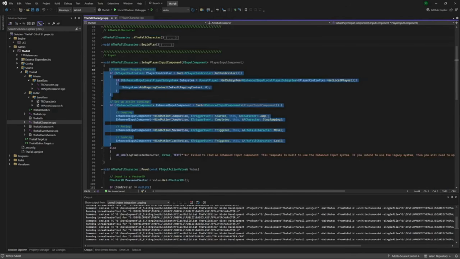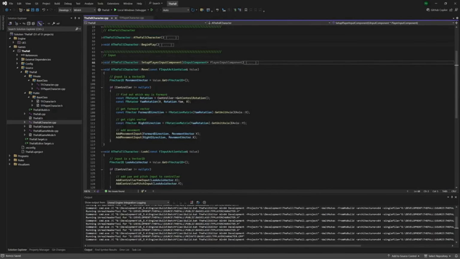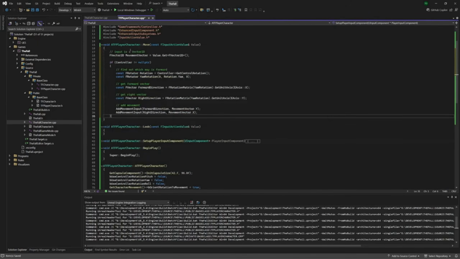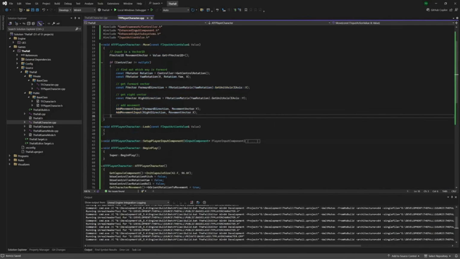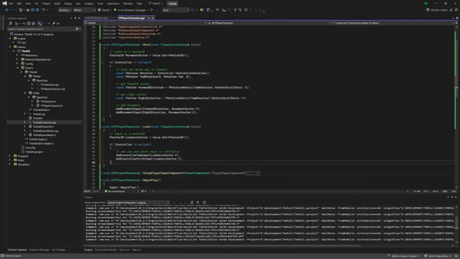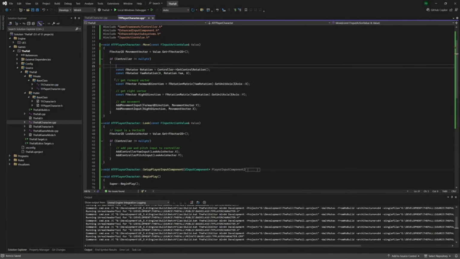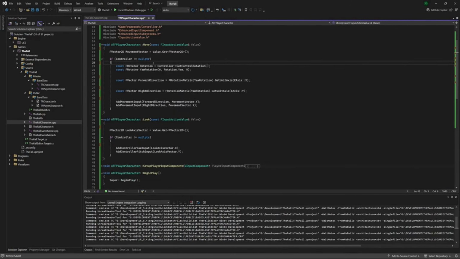All right, and then we've got look and move left. So let's do that. Move. And look. So we've got those copied over. Let's clear the comments quickly. And just clean up those